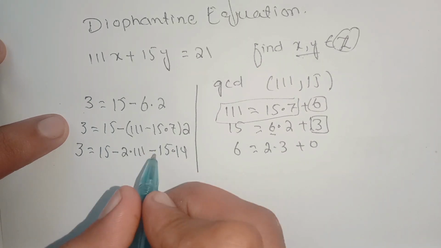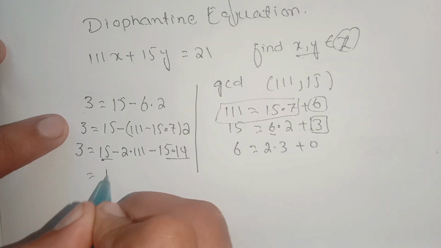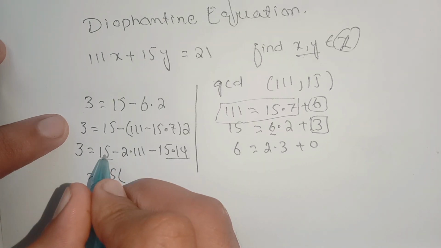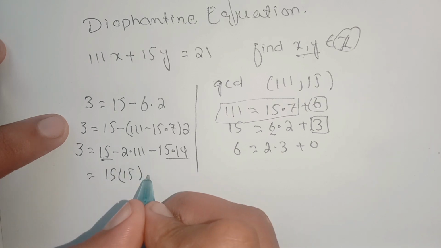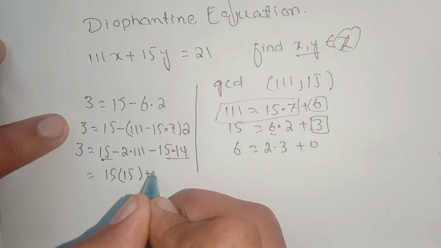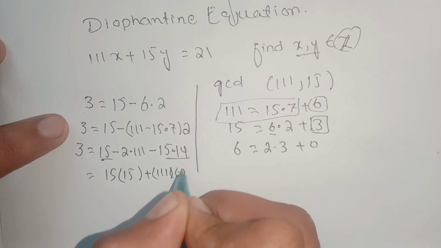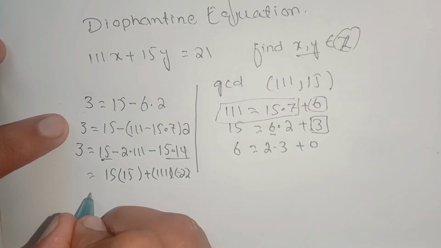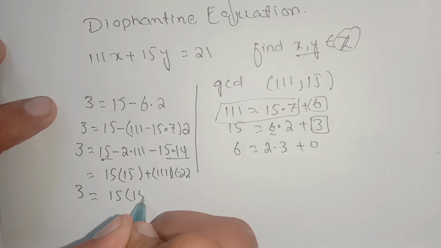Now we take 15 common from these two terms, so it will become 15 times (1 plus 14), which is 15, and here we have plus 111 times minus 2, so it will become 3 equal to 15 times 15